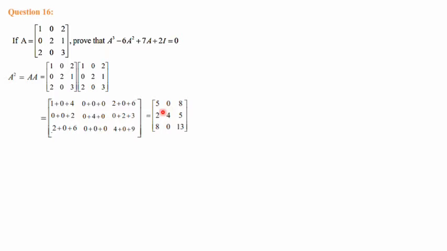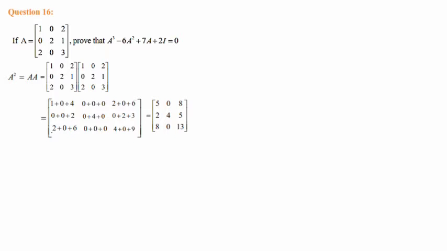Here 4 plus 1 is 5. Here all terms 0. Here 2 plus 6 is 8. Here all two terms 0 and 1 2 is there. When we add we will get 2. Here it is 4 will be coming. Here the sum is 5 and here the sum is 8. It is mentioned. Here entire term is 0, that is mentioned. 4 plus 9 is 13.